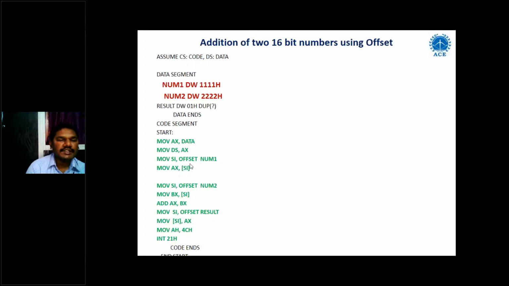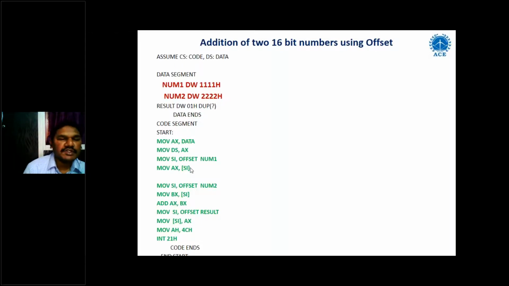And here these brackets indicate an address. Right, how much address? If you do not mention the address value of SI, it will take by default a 16-bit displacement, because SI is the source index register and its register storage capacity is 16 bits. So that is what we call the 16-bit displacement.